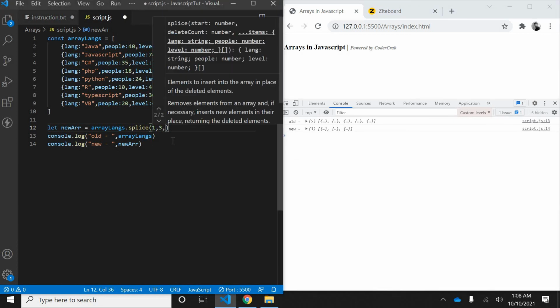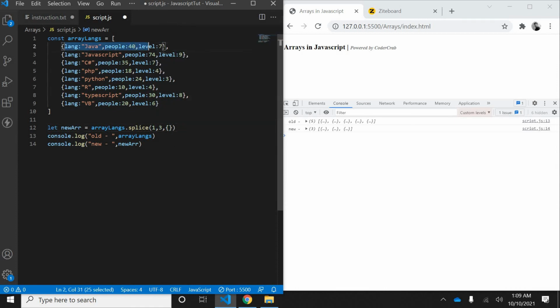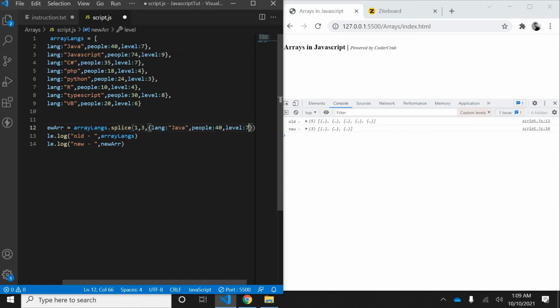Let's say I want to add one value to it, I can just copy this. I can see this is the value. I want to remove 1 to 3, and then I want to have something new. So if I print, you can see this has 6 now. So it is cutting starting from 1, right?